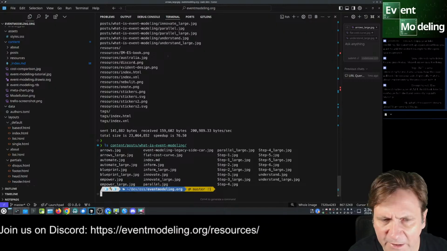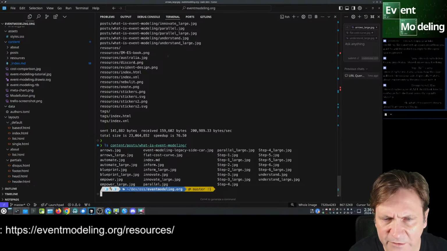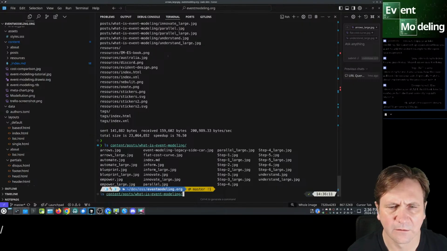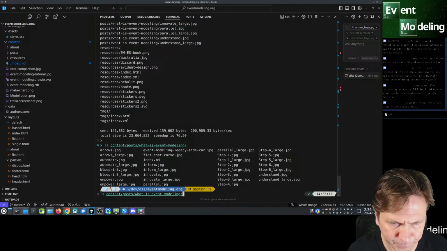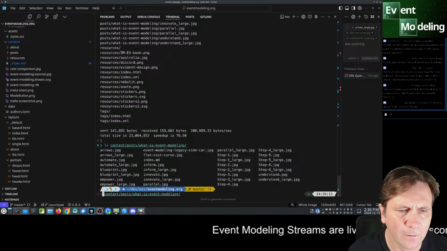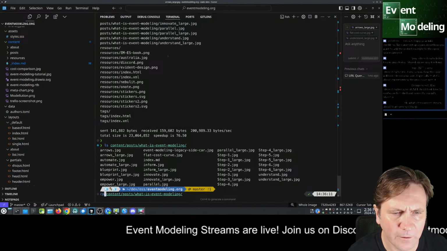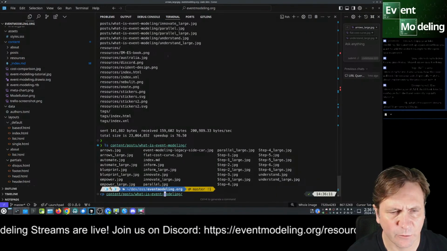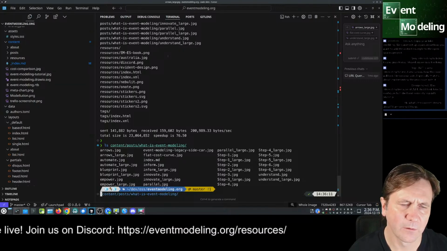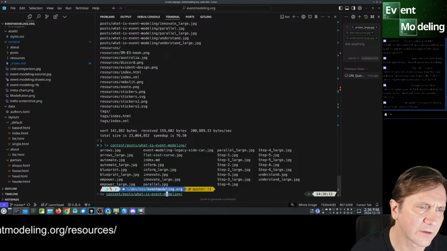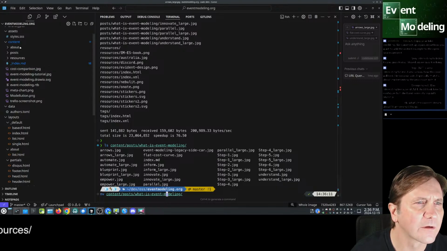I got JPEGs galore. Okay, so we kind of want to copy all the JPEGs. Actually move them. Let's move them, and we'll move them to content. I think it's the top level, right?